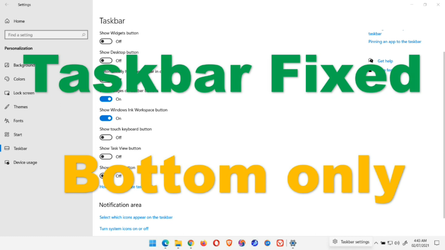The next feature that we are going to talk about is the taskbar. Now in Windows 11, the taskbar is fixed. It is at the bottom only. But in earlier versions of Windows, we could change the taskbar to any location like left, right, top, or bottom.